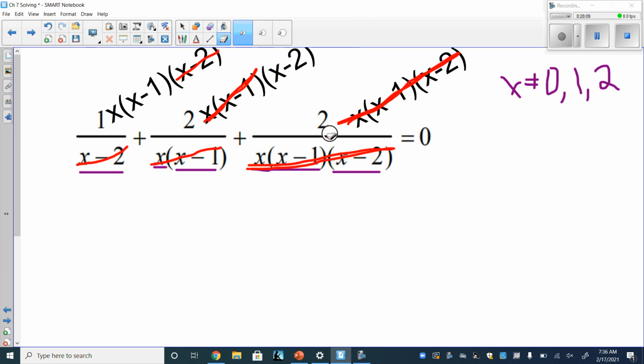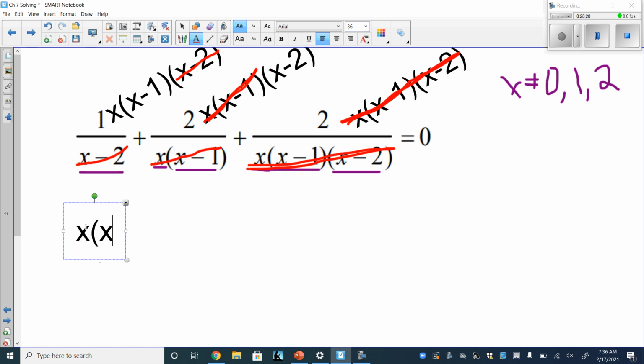In the denominator at least. And that's quite handy. So it worked out that multiplying everything by x times x minus 1 times x minus 2 would simplify the denominators out completely. And let's see what we're left with. Well, in the first term, we're still left with x times x minus 1 plus. In the second one, we're left with 2 times x minus 2